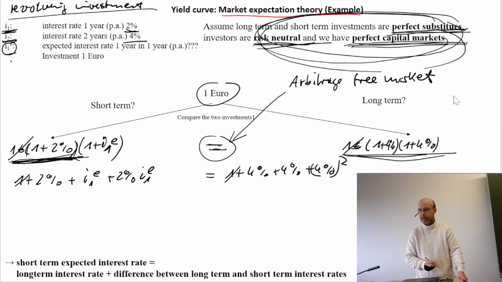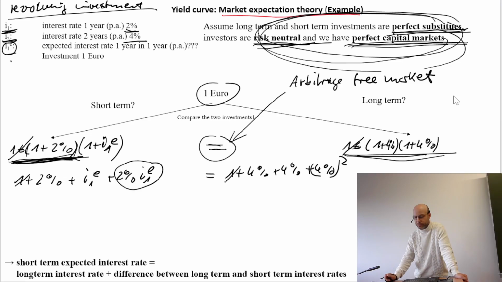This 1 cancels, and then we make again the assumption I talked quite often about, that we have here the product of two interest rates, and here also, so to speak, two interest rates. Two times the same interest rates, but these are also still the product of two interest rates.